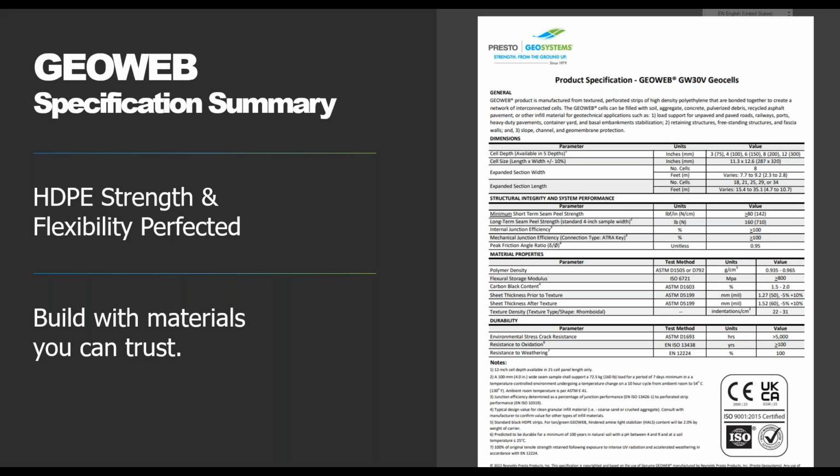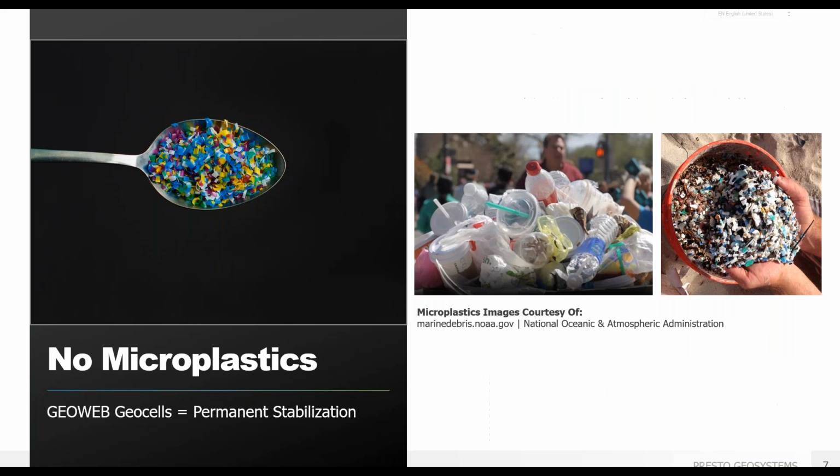GeoWeb is manufactured using a proprietary blend of high-quality virgin high-density polyethylene, and our formulation has stood the test of time for more than 40 years and contains no fillers, unstable polymer combinations, or exotic alloys. For most typical sites, GeoWeb will retain its durability for greater than 100 years, with lab testing indicating 149 years without degradation, even at full exposure to elements. We stand behind our numbers so you can deliver certainty in the solution and build with quality materials you can trust.